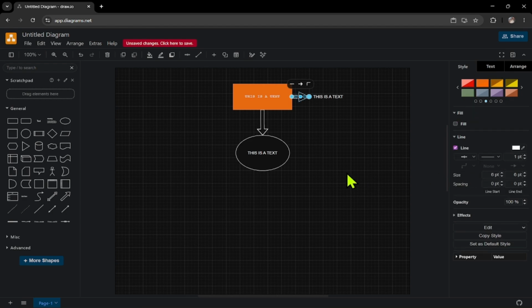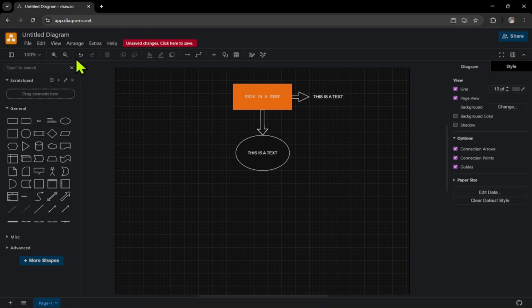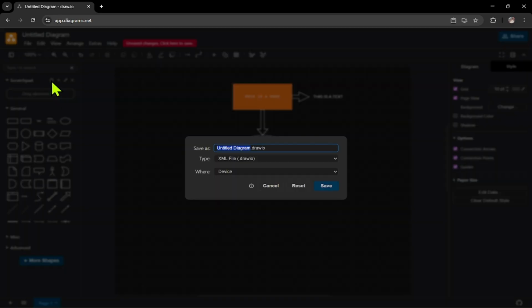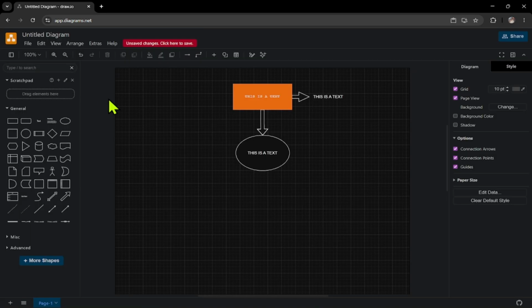When your diagram looks good, click File, then Save. So, to keep it simple, drag rectangles and ellipses from the left panel, double-click to add text, double-click the canvas for a note, and use lines or connectors to link your shapes. And that's how you add a text note, rectangle, ellipse, and line in